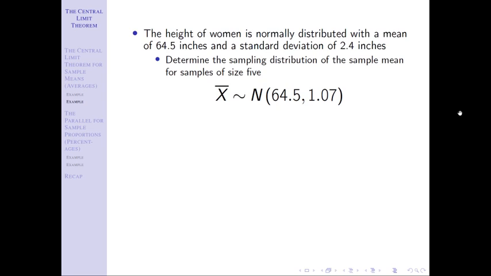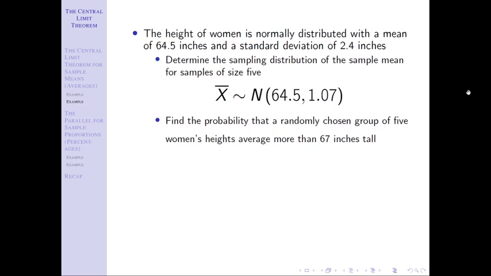Why did I not put a dot over that tilde? Because we don't need to say that we have an approximate normal distribution. Why is that? Because if we know that x is normally distributed, then we know that x bar is normally distributed. In this case, we know x, the individual height of a woman, has a normal distribution, so that means x bar is a normal distribution. I don't have to look at central limit theorem. I did my first gate passed, and so I can just say, yes, x bar has a normal distribution. Now I get to go to that normal table. I get to go to Excel and use that norm.dist function with no worries. We know we have normality because we started off with x having normality.